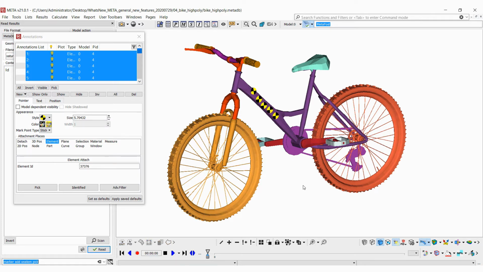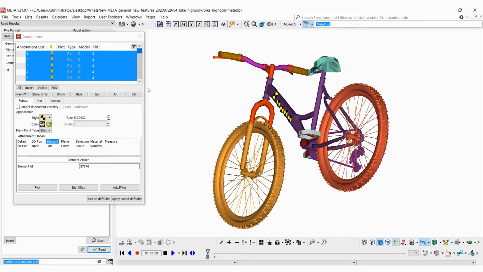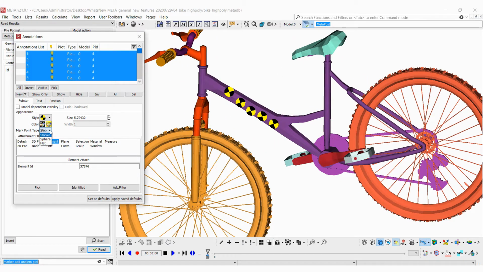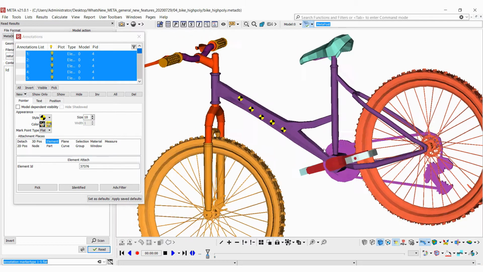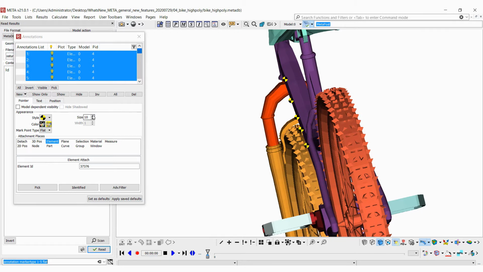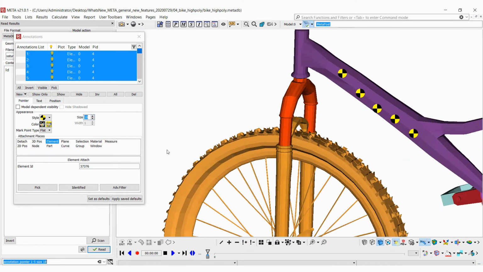There are three types of markers supported. We've got the stickers, which stay attached to the surfaces, so if we rotate the model we see that the stickers stay attached on them. We may choose flats, which are always normal to the screen, so in this case if we rotate the model we notice that they stay normal to the screen. Of course we can edit their size to preference to make them bigger or smaller. And lastly, we got spheres for a 3D representation.